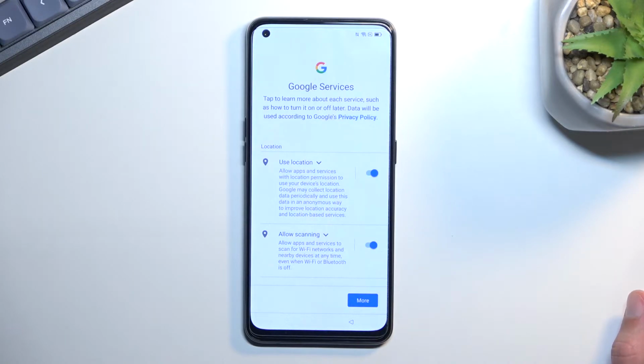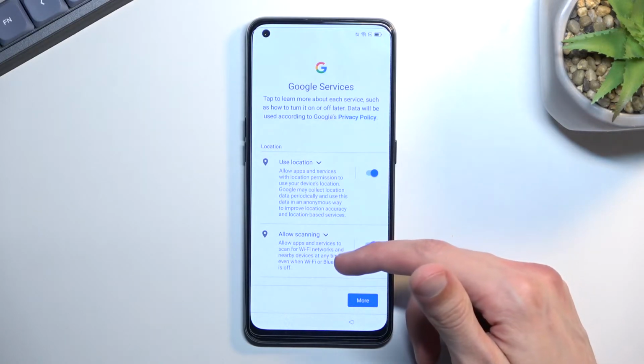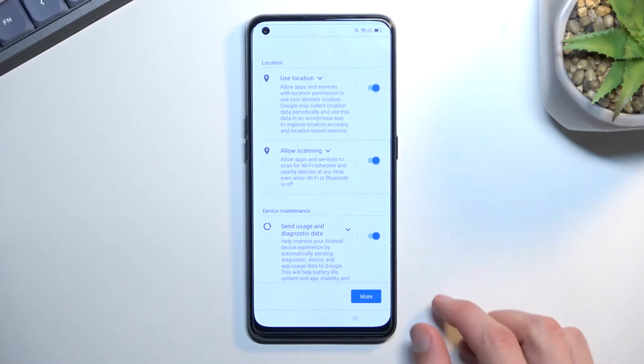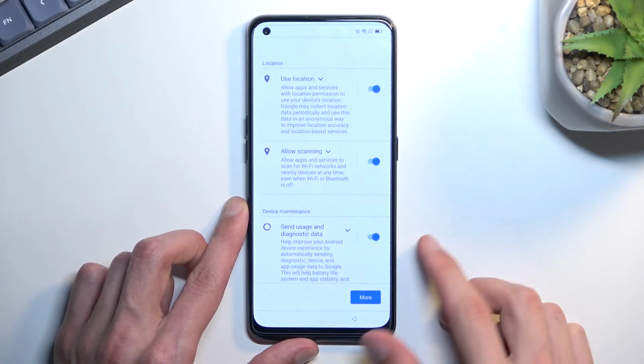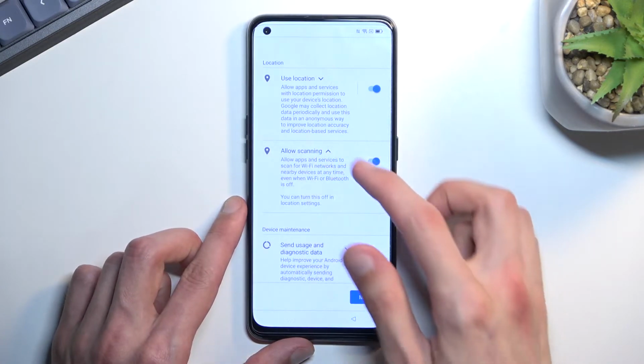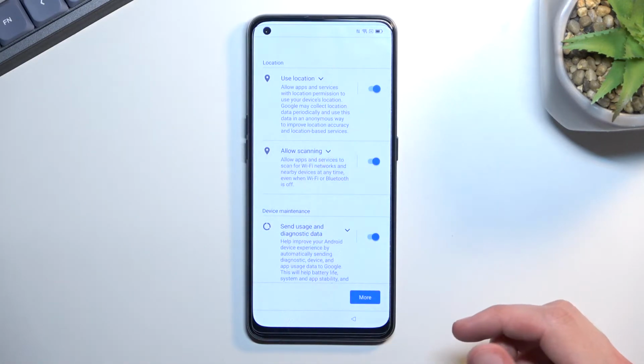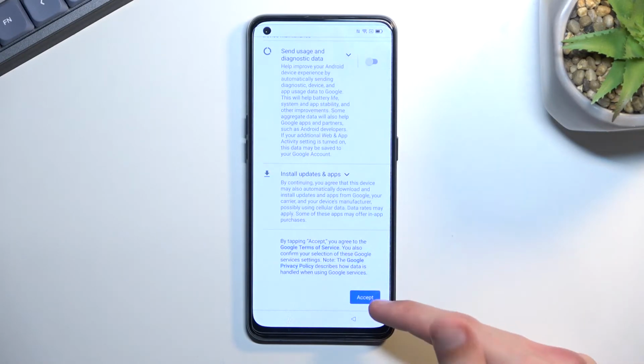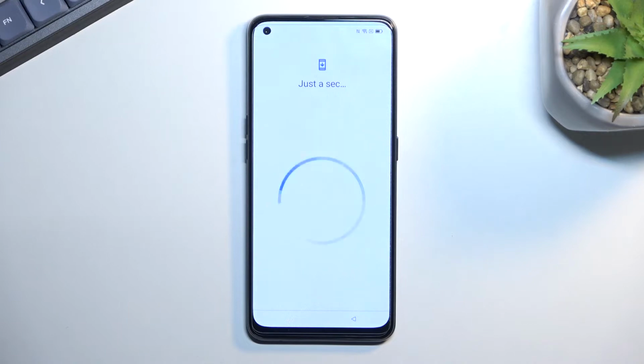Now next page we have some Google services. So we have three different services: location, scanning, and sending user and diagnostic data. Now you can tap on a drop down and read exactly what these do, and if you don't like them, simply turn them off. From there, scroll down and select accept to go to the next page,